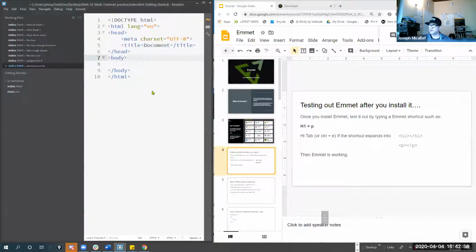A couple other things though. There's some more shorthand codes to think about with Emmet. One is the plus sign. What the plus sign does is it will have code come after each other. So if I type H1 plus P and then hit tab, you're going to get your H1 header and then your P paragraph tag right after each other. So you can say h1 plus p plus,